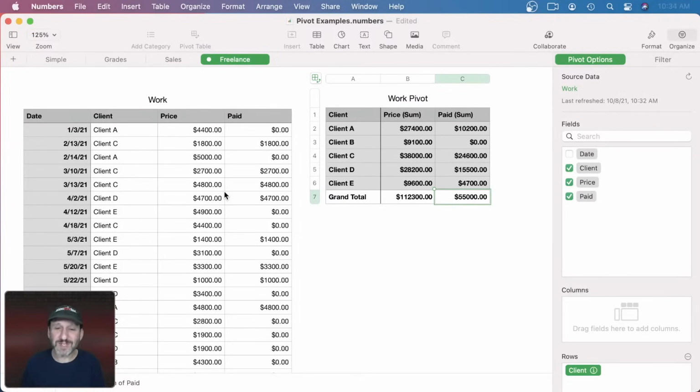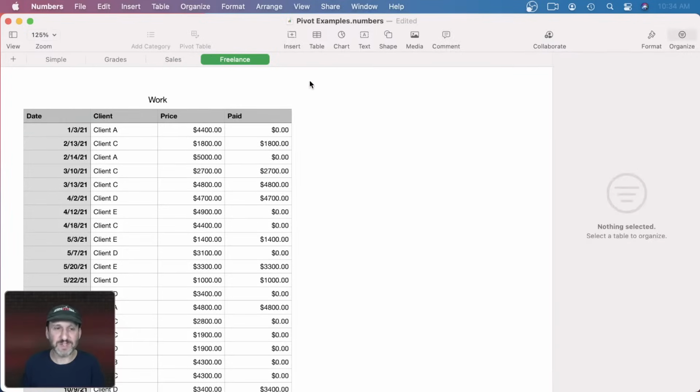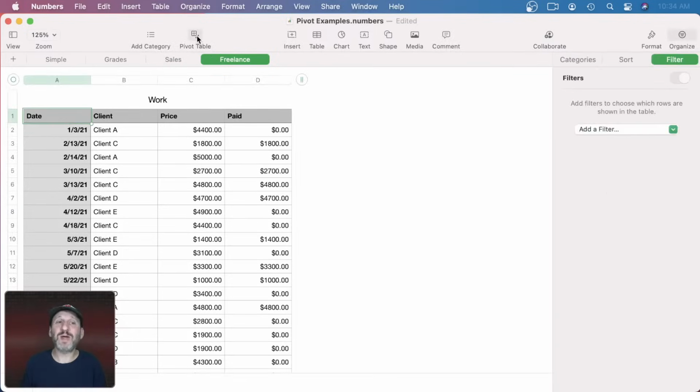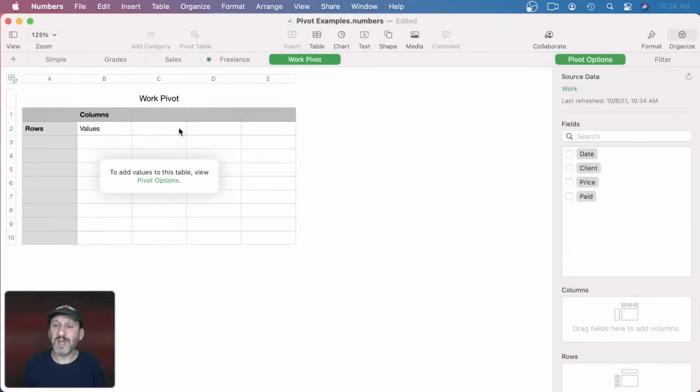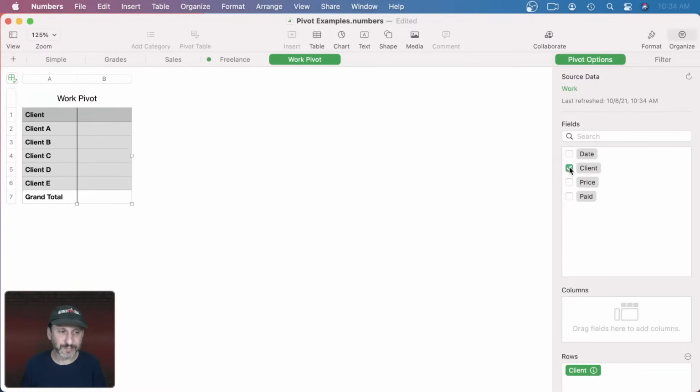But it occurred to me that pivot tables can actually be used for that. It's not a normal use for pivot tables, but let's look at actually doing that. I'm going to delete this pivot table here, and I'm actually going to use this button because I want to create a pivot table of this on a new sheet. And let's say this is going to be for invoices. So what we want first is client. And then we want to have these two